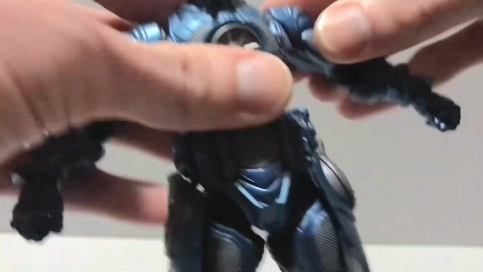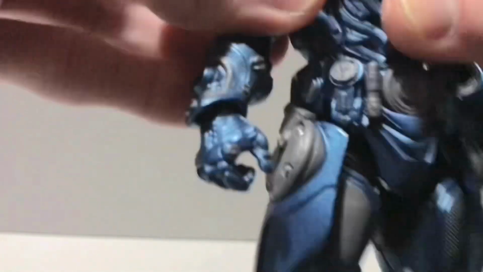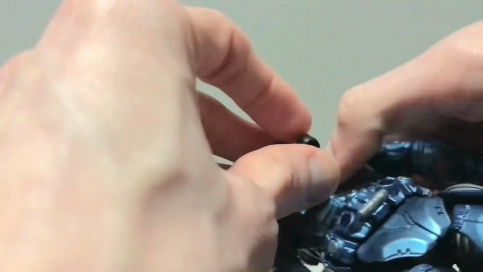So as far as popping and swapping goes, this isn't something I typically do on this channel, but because it is a deluxe figure, I feel obligated to give it a shot. And before I do that, actually, where's that little adapter piece? Because that thing, this little bugger right here, is kind of a pain to get on. So plug that in first, then the pauldrons,